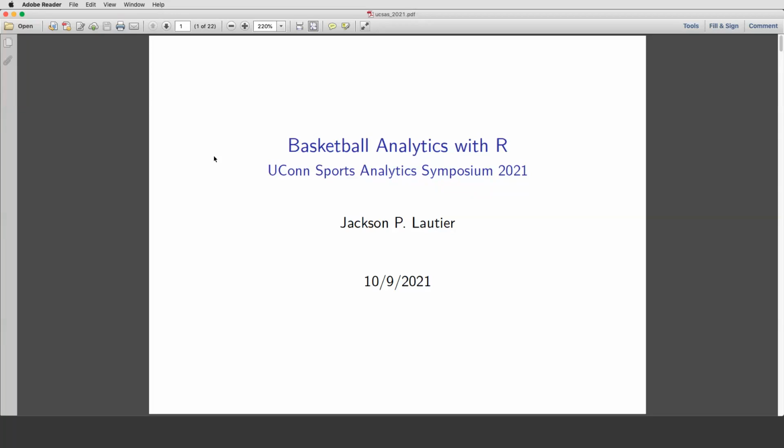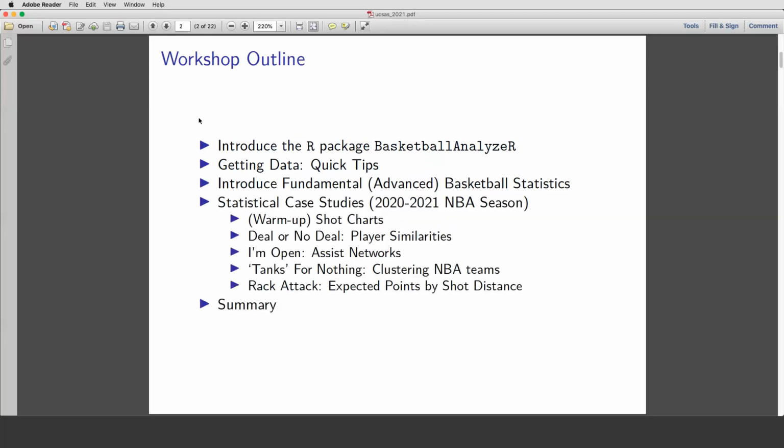Okay, so this is the agenda for today. If this is your second year in this workshop, it's similar to last year. I've updated some of the statistical case studies with the most recent NBA season. I've done some updates and edits, but I think there's enough material here where it will be new. And certainly if this is your first time at this workshop, then I think a lot of this will hopefully be useful to get you started